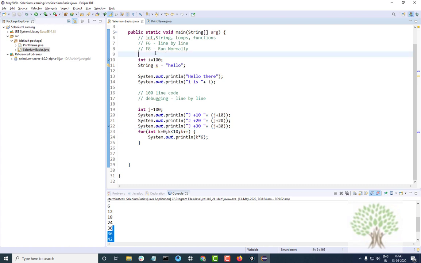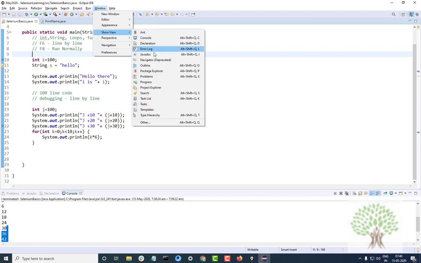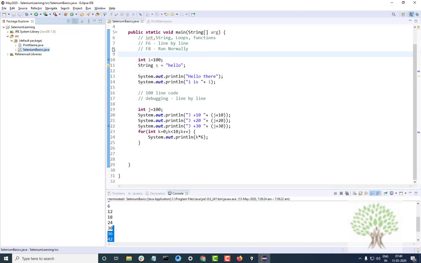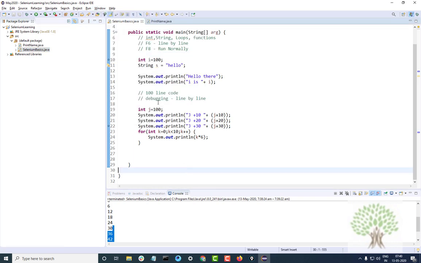Now, as a beginner, at times people commit some mistakes. For example, you close Package Explorer by mistake, and then you really don't know how you will bring this back. You can simply go to Window, Show View, Package Explorer, and this will come back. In Window, Show View, you have got all the views which you want to see. Generally, in the beginning, you are just interested in Package Explorer and the console.